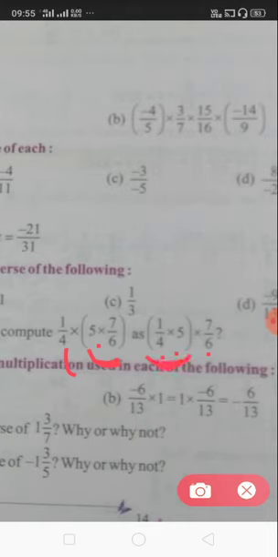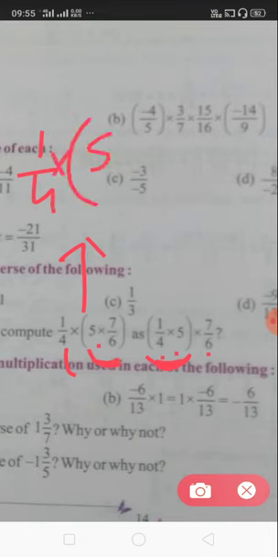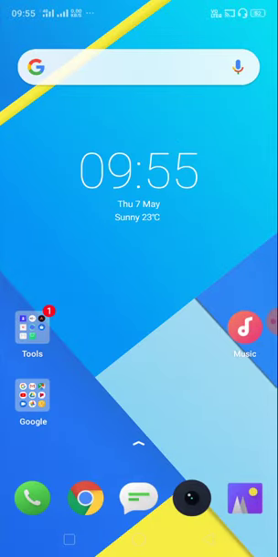Okay, so if the grouping changes, then what property do you apply? You just apply the associative property. Which property? Associative. And associative over which operation here? Multiplication. Okay, so the associative property over multiplication, this you have to apply. So how can you compute it? Now it is very simple. First I am solving this one. So see here how we solve: 1 by 4 into 5, 5 we can write as 5 by 1, into 7 by 6. Okay, what happens to this?